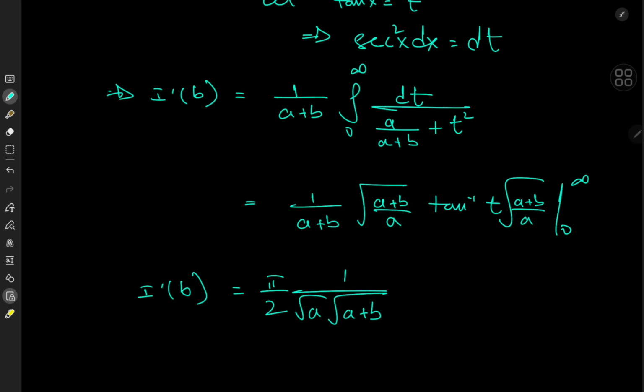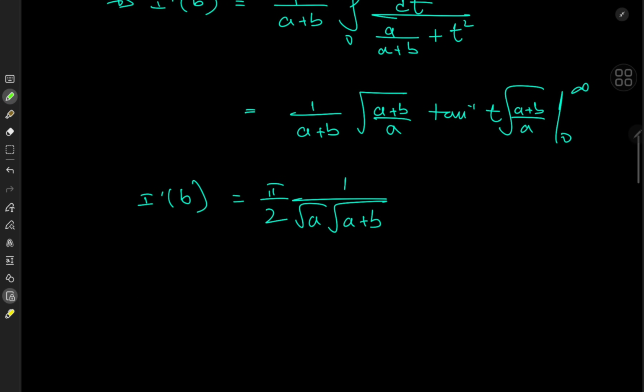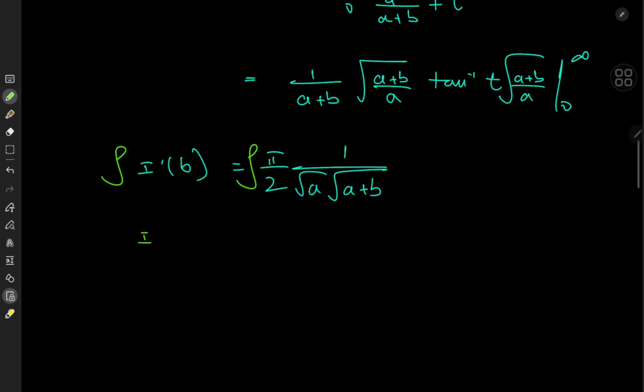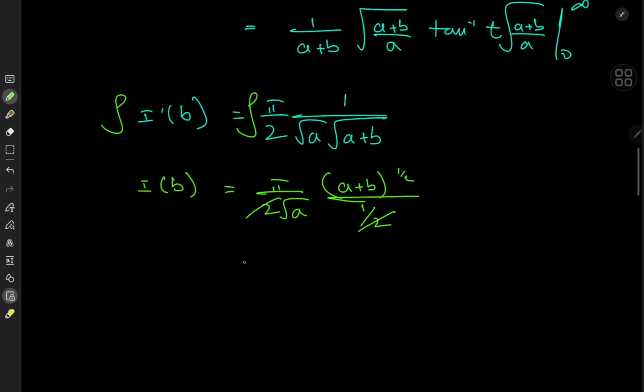Okay, cool. So that, of course, is I prime of b, but now I'm interested in recovering back the integral function by integrating with respect to b. So on the left-hand side, we have I of b, and on the right, we have pi over 2 root a because we're integrating with respect to b. And what is the integral of root a plus b to the negative 1/2? That should be a plus b to the positive 1/2 over 1/2. The 2's cancel out quite nicely. And that means we have pi times root a plus b over a plus a constant of integration that we